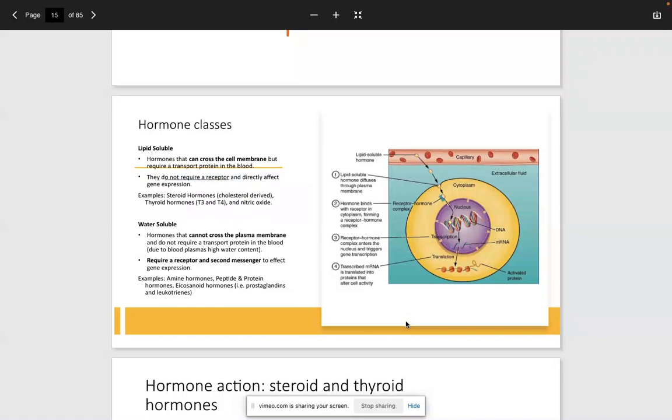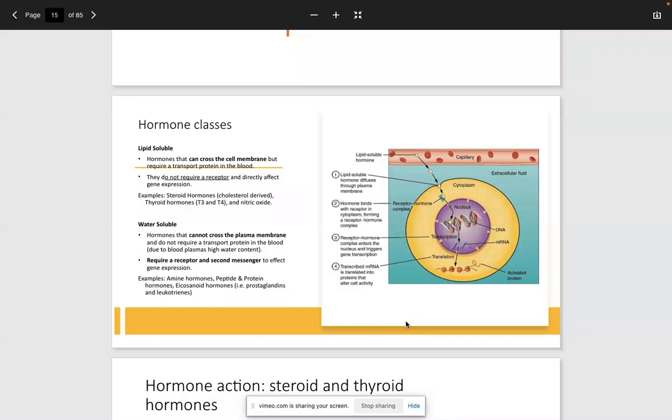Water-soluble hormones cannot cross the plasma membrane, right? They cannot cross the plasma membrane. Therefore, they must rely on a transport protein. Because they cannot cross the plasma membrane, they require a receptor, and thus they require a secondary messenger to affect